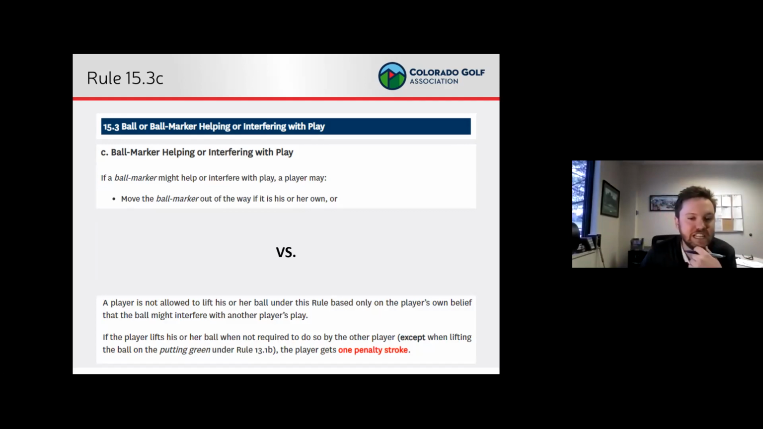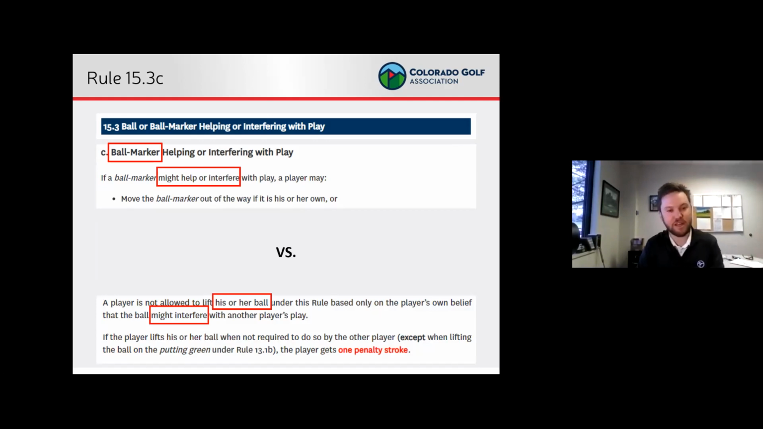So what we saw here in 15.3b, again, just look at the difference here. The ball marker, if it might help or interfere with play, I can just move it. I don't have to be asked. I can just take my putter head length and move it over. Obviously, you're still showing your work and marking it as you go, versus what we just saw, a player is not allowed to lift his or her ball based solely on the belief that it might interfere. So big difference there. In Rule 15.3c, if you have a ball marker on the putting green and it helps or interferes, you think there's no invitation necessary, you can just do it. It doesn't require invitation, but in the other ones it does. So it's just an interesting